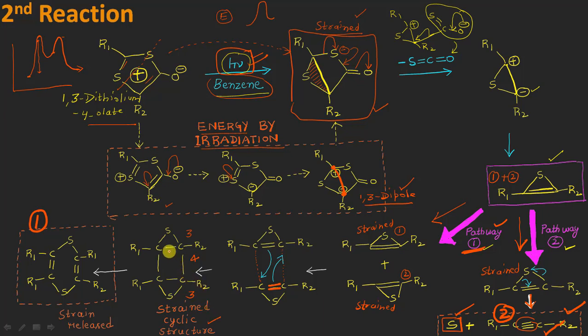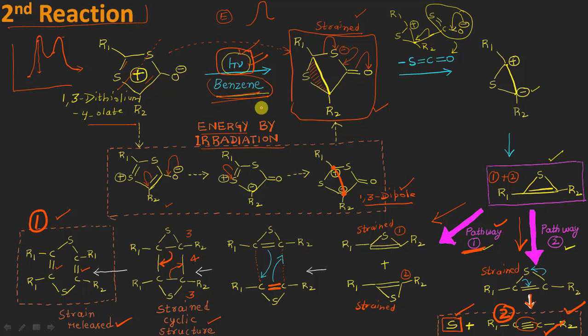So the last thing it can do is one more bond reorganization, and that will be something like these electrons coming here giving a double bond, and these electrons moving here in between this carbon and this carbon, once again giving a double bond here, right? So in this way, the high strain will be released, resulting in the formation of the first important product molecule of the second photochemical reaction, which is with H nu in the presence of benzene as the solvent, right?